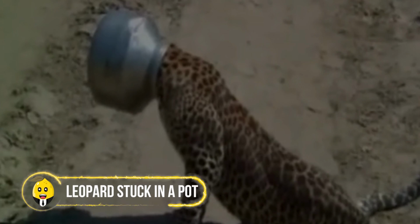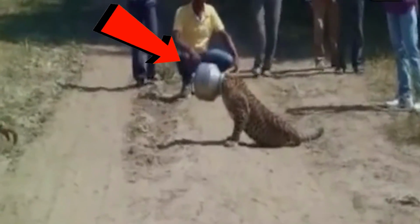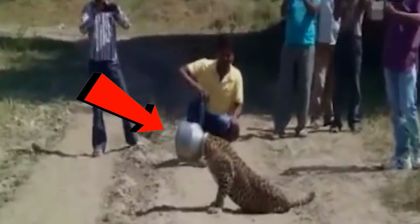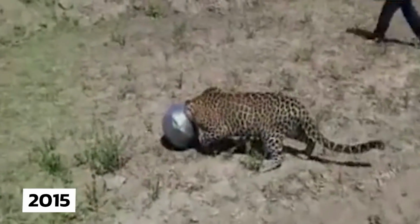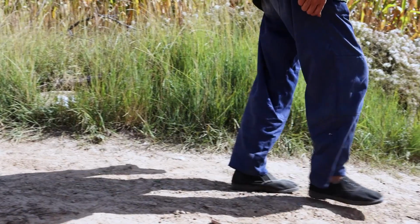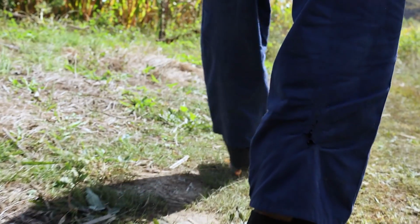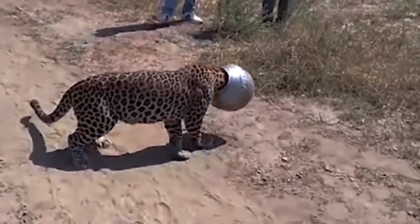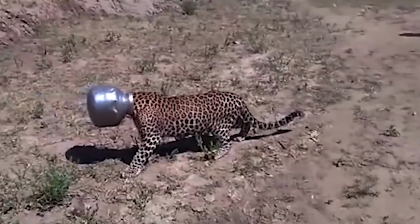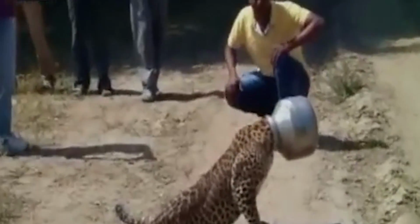Leopard stuck in a pot. Sitting with an aluminum pot stuck around its head, here's an unfortunate leopard who was spotted by an Indian farmer in 2015. Out for a routine walk in his fields, he noticed a big cat wandering in a very bizarre situation. He immediately called out to the other villagers, who were also quite afraid to help the wild cat,